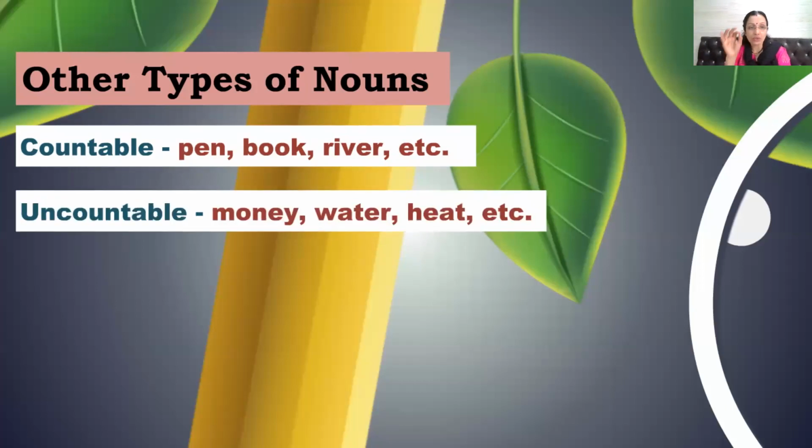Countable nouns can be counted as 1 pen, 2 pens, 3 pens, 1 book, 2 books, 1 river, 2 rivers. Uncountable would be money, because we don't say 1 money, 2 money. Always put a number before the noun to check whether it is countable or uncountable. We say money, water, heat: uncountable. But if I say I drank 2 glasses of water,